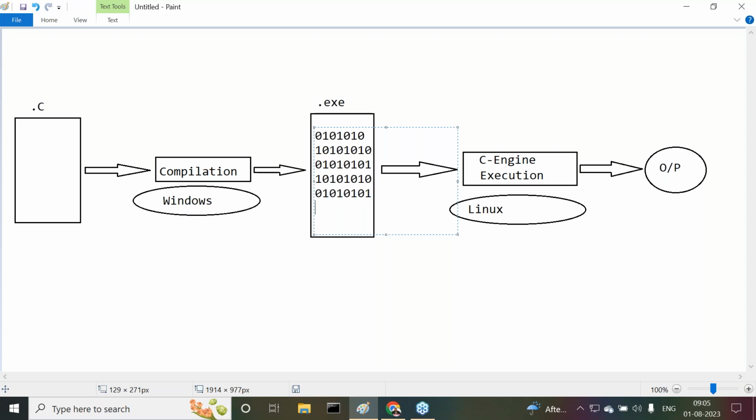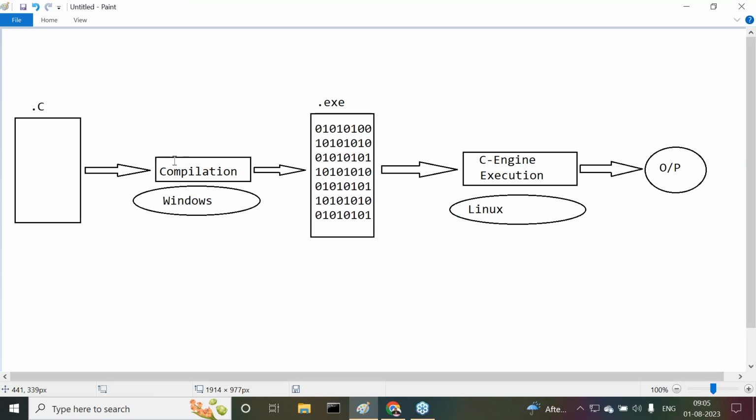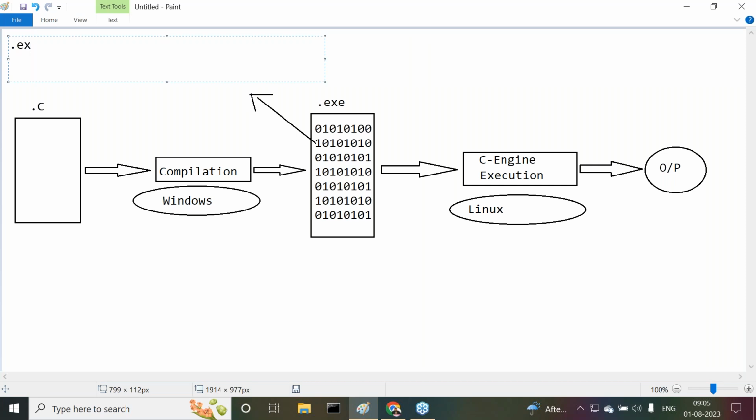This .exe file contains what? That is the point we have to understand. What is this .exe file? Actually, what does it contain? If we come to this point, the answer is very clear. Try to understand it now. The .exe file contains directly executable code,